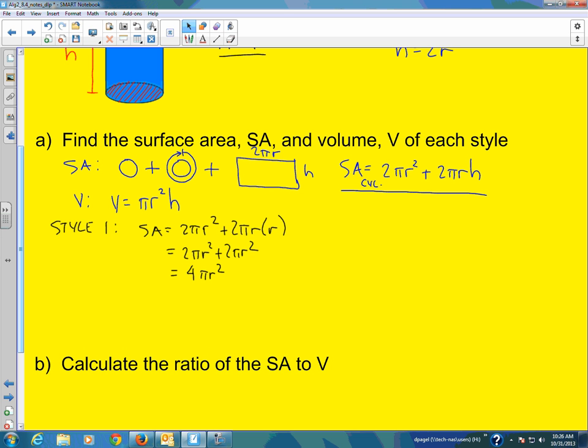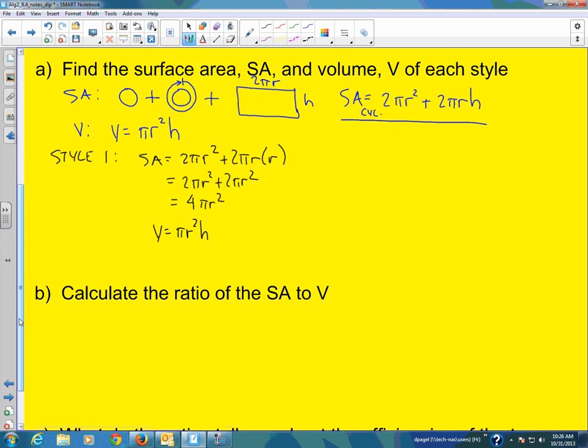What about the volume for that? The volume is equal to pi r squared h, but our h became an r. So now we have r squared times r, or now pi r cubed. So there's our volume for style 1. For style 2,